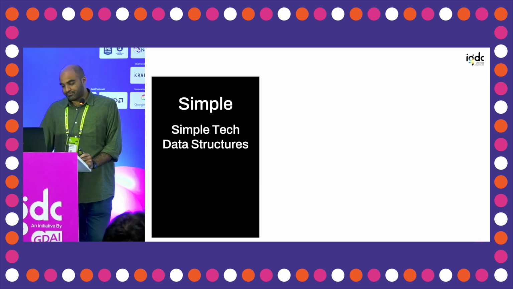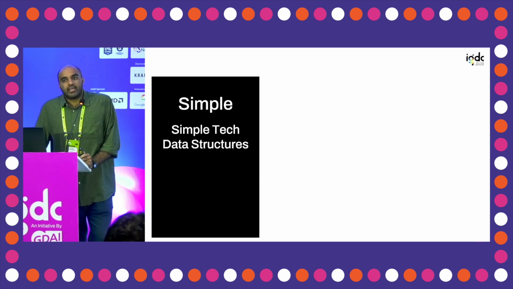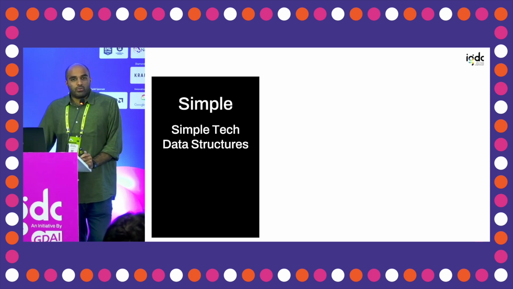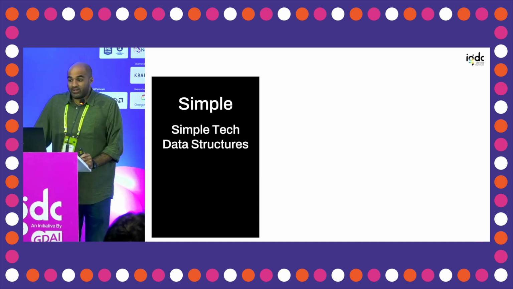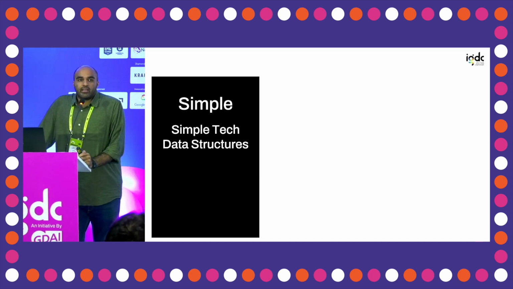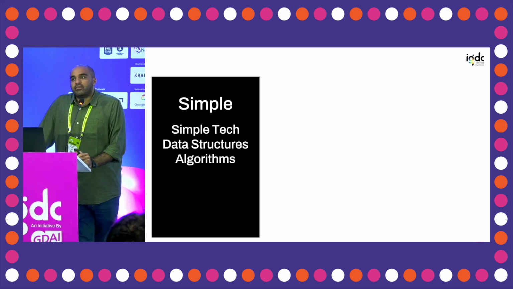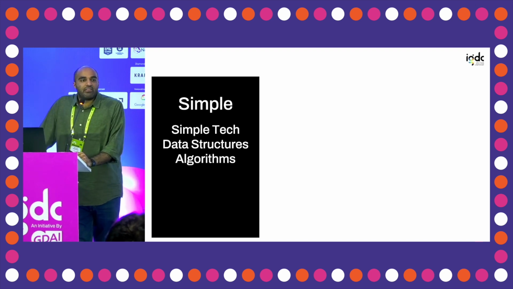Next, data structures. Computer science has taught us a lot of fancy red, blue, green, self-balancing trees, and other things that I don't know about. But in 99% of cases, all you need is an array list and a hash map. You don't need things more complicated than that. When you need them, you can use them, but default to the simple things, right? And algorithms are the same. Linearly going through things is actually very fast, especially in games when you know your constraints.